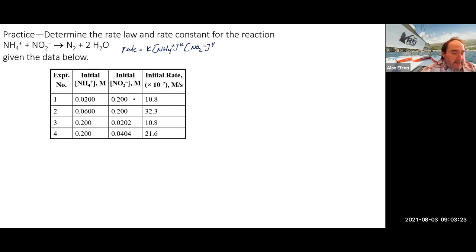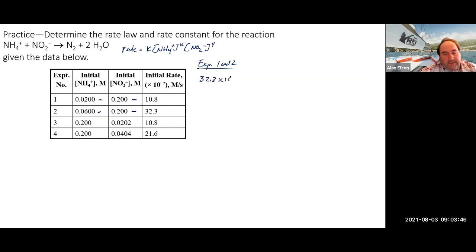Just looking at 1 and 2, it looks like we're going to keep this one constant with 1 and 2, and this one will vary. So looking at experiments 1 and 2, I'm going to go with number 2 up on top since it has the larger rate. So that would be